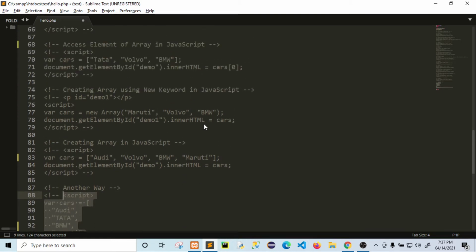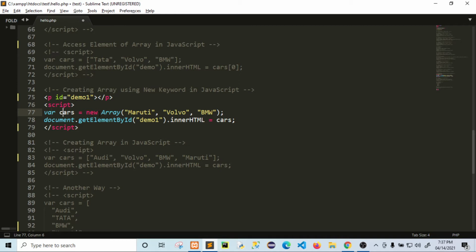Now, creating an array using the new keyword in JavaScript. By using the new keyword we can also create an array. Basically, without the keyword we can also create an array, but by using the new keyword we can also create an array within the script.